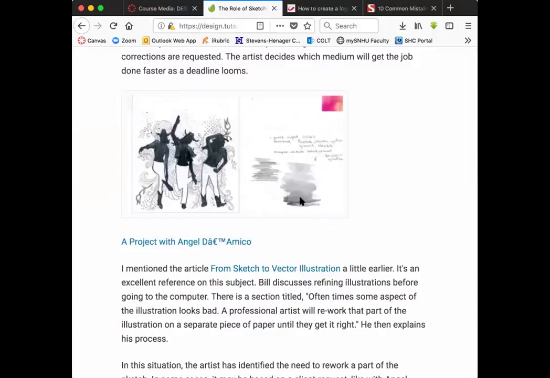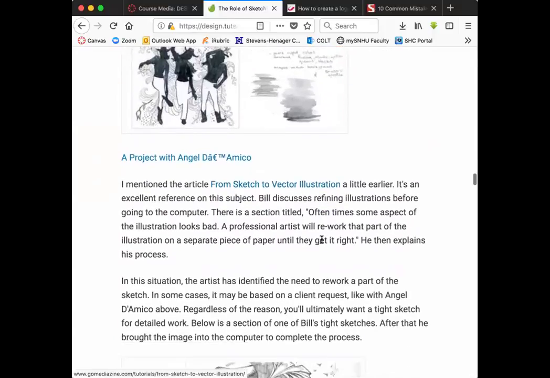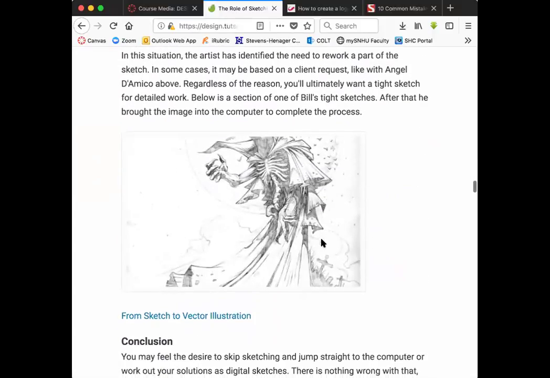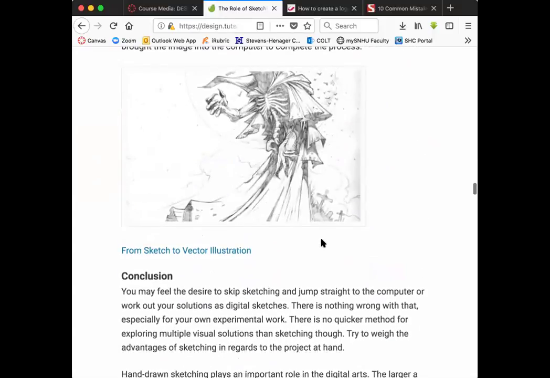I actually created a book cover with, I think, watercolor, and I took a picture of it, and that picture became part of the cover. So different techniques can definitely be a really cool way of